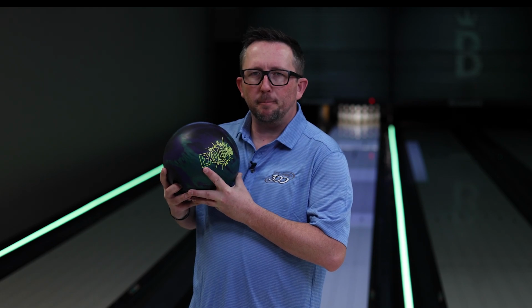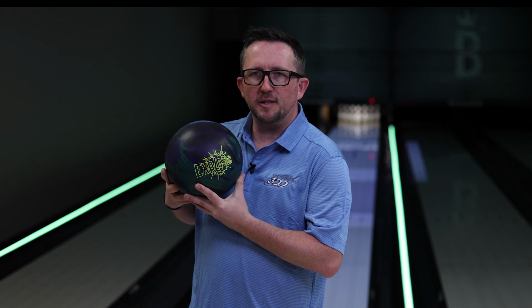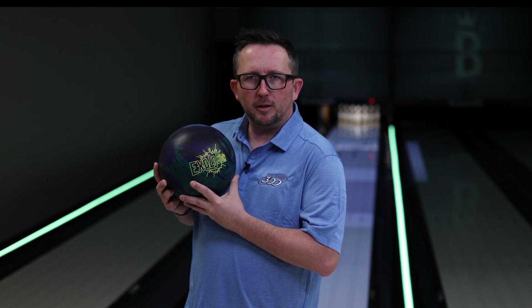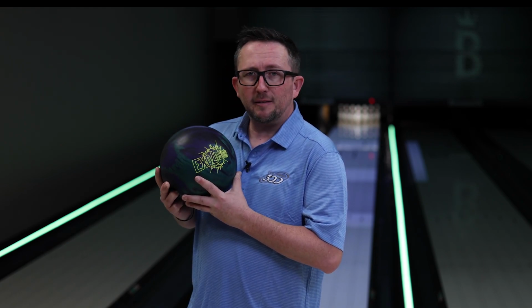Now this ball features the popular Resurgence core, which has been a staple in the Columbia line since 2007. Ultra low RG, medium differential with Reflex Hybrid cover stock. This could potentially be a very good benchmark ball, so I'm going to get this out in the lanes and